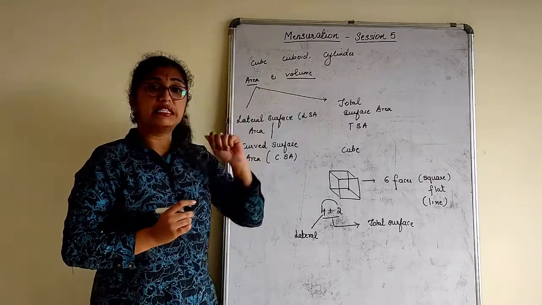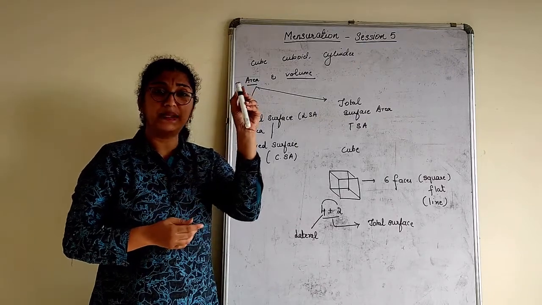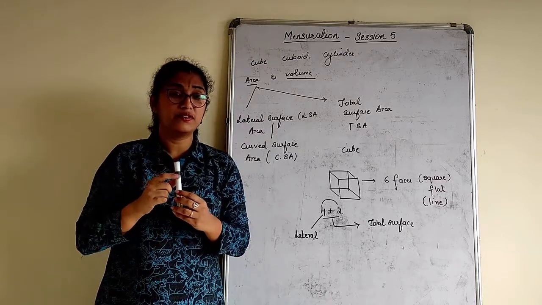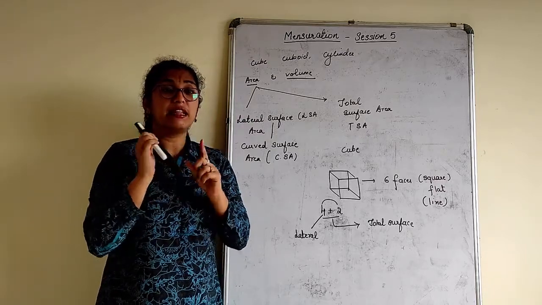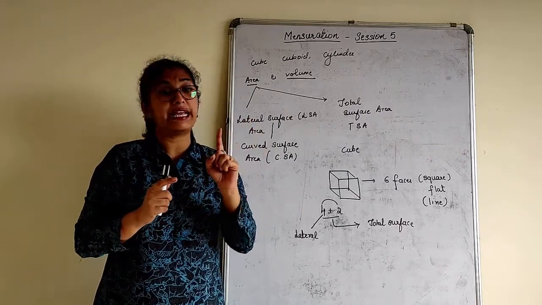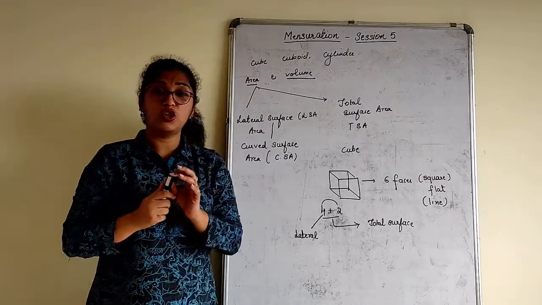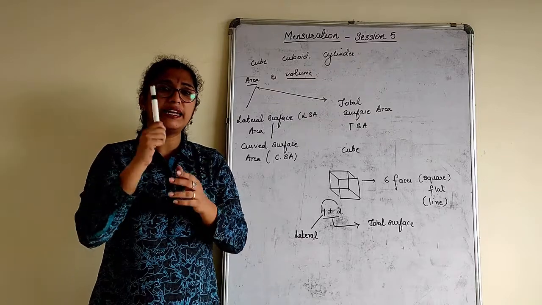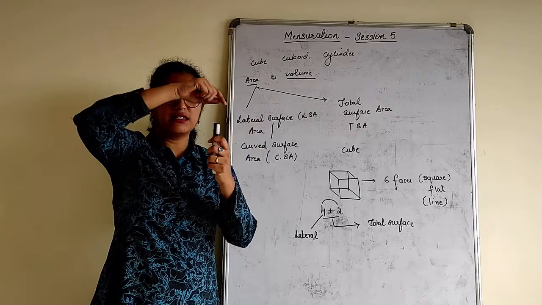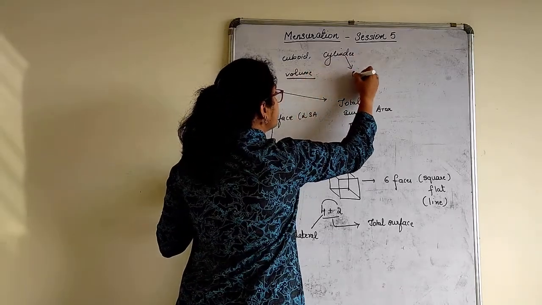When I talk about a cylinder, what is a cylinder? Let me take this marker pen as a cylinder. A cylinder has a round surface, or in other words a curved surface. There is no flat surface in the cylinder. Flat is something which is joined by a line segment. You can say this portion is flat, yes of course, but it should be joined by a line segment. There are no line segments present in a cylinder. This is round and these are circular. So a cylinder has a curved surface.